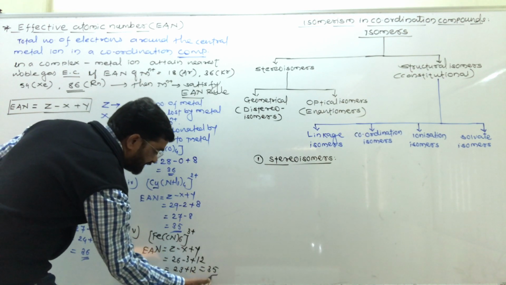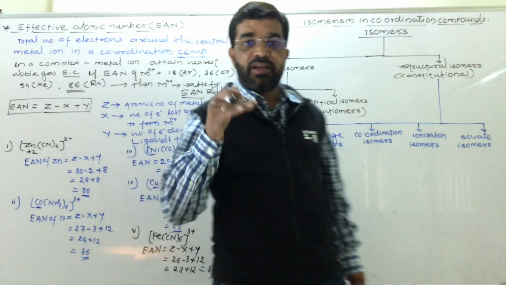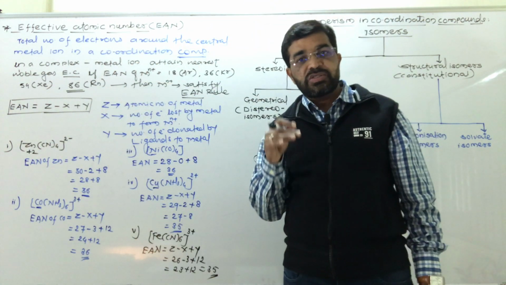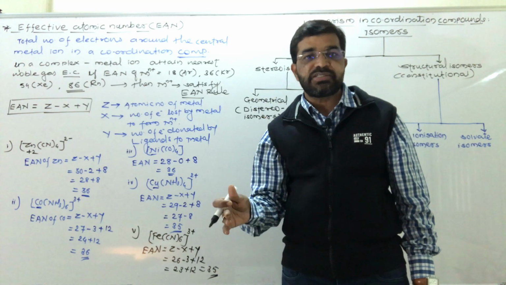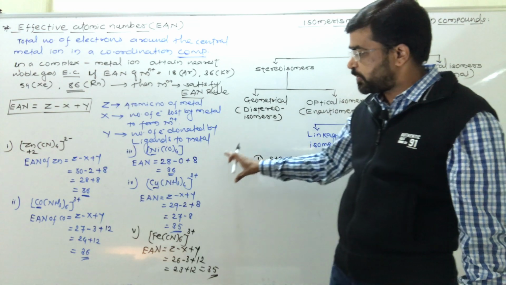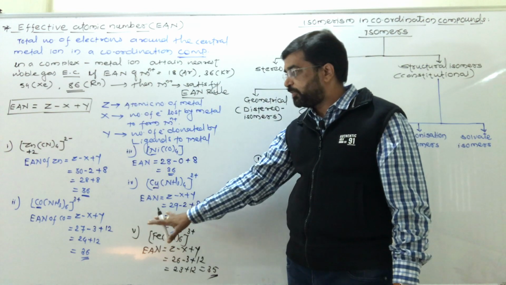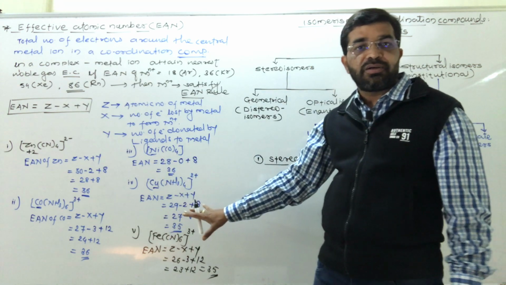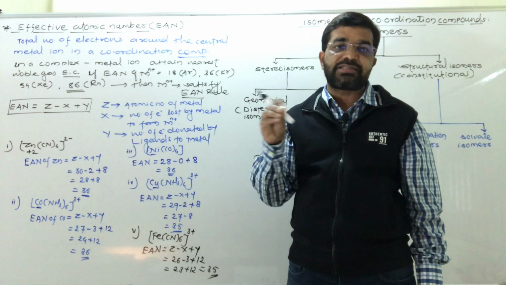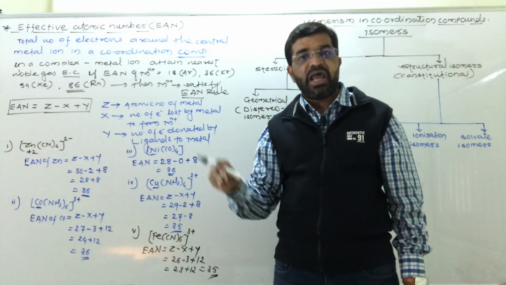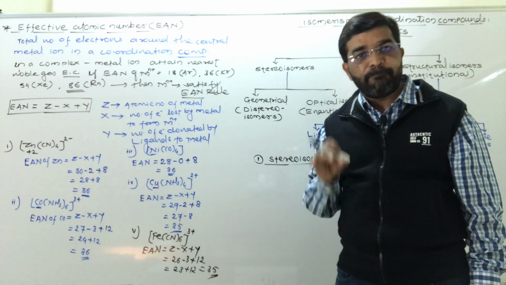इसमें भी कितना आ गया? 35. और ये भी इफेक्टिव एटॉमिक नंबर को सेटिस्फाई नहीं करता, तो इसमें some exceptions are there. Some exceptions are there which do not satisfy the effective atomic number rule. So these are nothing but the effective atomic number rule of some of the metal ions in a complex. So yourself also you have to take some more examples of coordination compound and find effective atomic number of metal